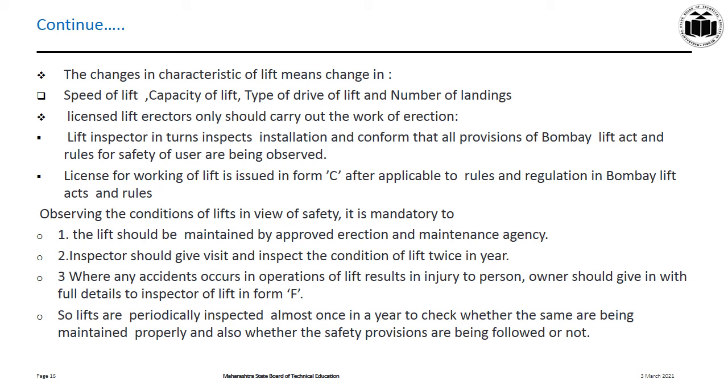So the owner of the installation shall submit the application with necessary drawings to the inspector of lifts, pay the necessary fee and get the approval from the chief engineer. The procedure in brief for applying for permission to operate a lift is that the owner, after completion of the lift erection work, shall apply to the inspector of lifts for inspection, pay the necessary fee and get the permission to operate the lift from the chief engineer. But there is also rule number 3, which covers the permission for installing the lift or for making additions and alterations to the lift.